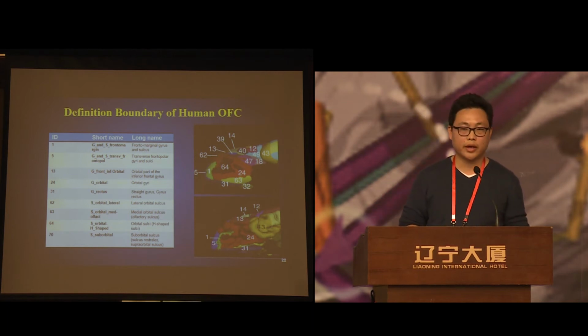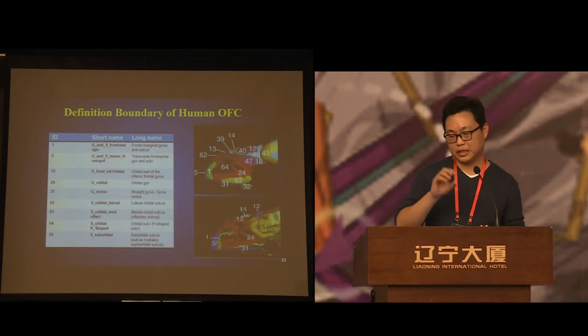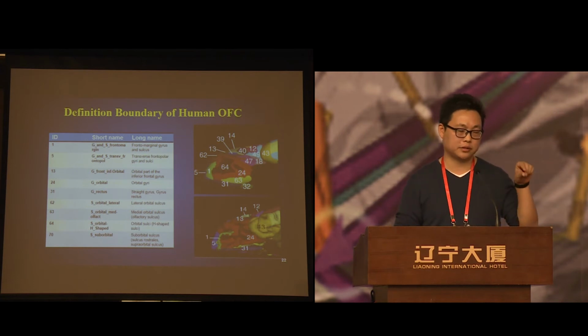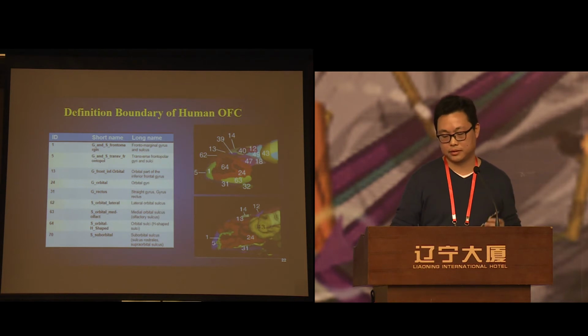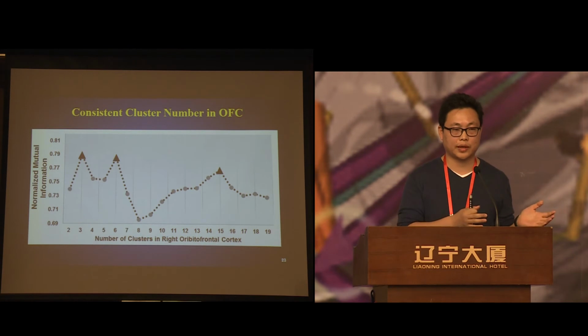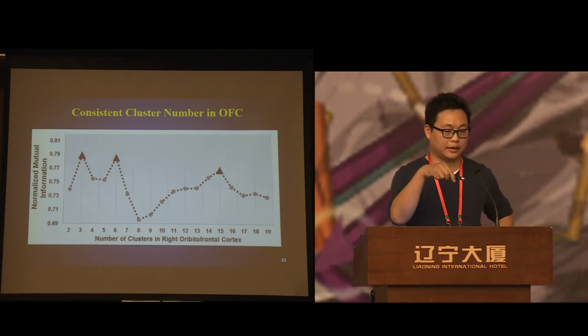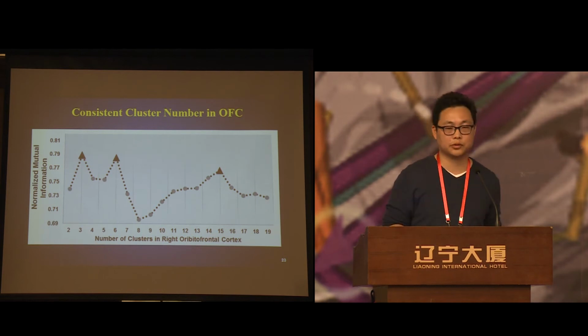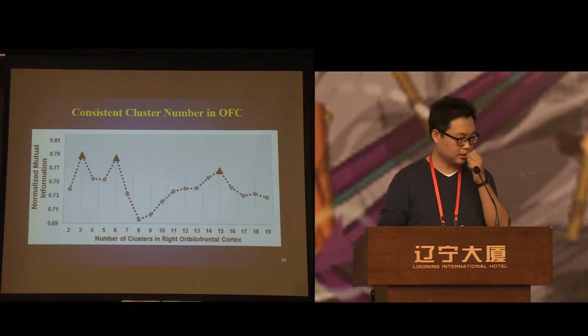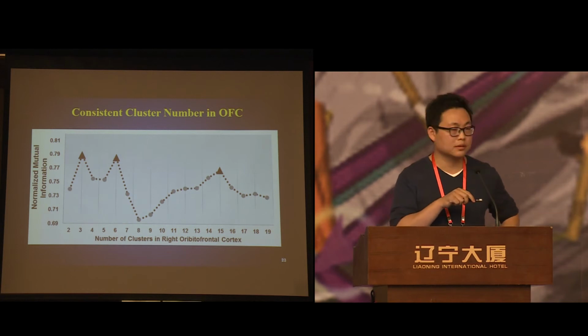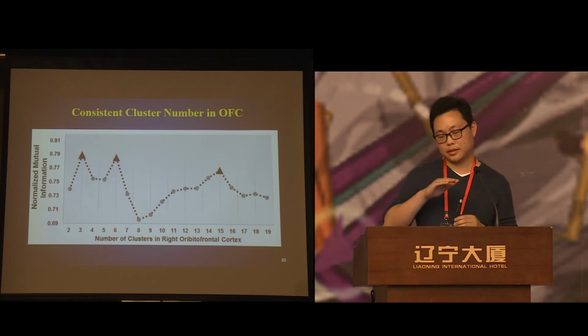Firstly, how to draw the mask of the orbitofrontal cortex. We are using FreeSurfer to individually identify each sulcus and gyrus in the orbitofrontal cortex. We collect these ROIs into one mask, and name it orbitofrontal cortex for each subject. Then we put it into the connectivity-based parcellation pipeline using the index. This index shows the stability across subjects and datasets. They have 3 solutions, 3, 6, and 15, and gives us the stable